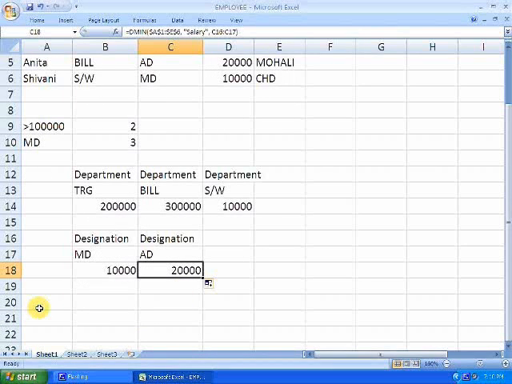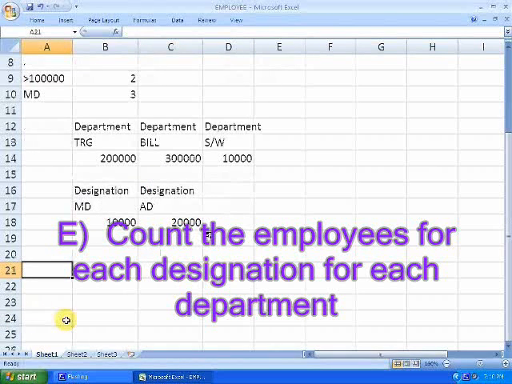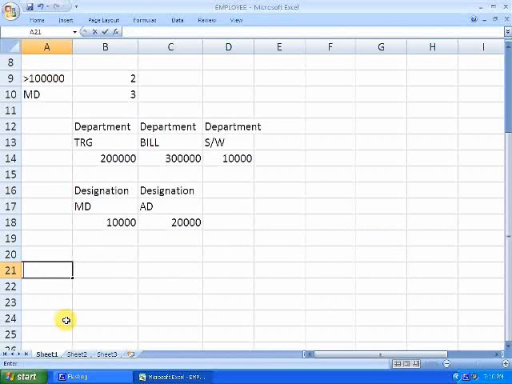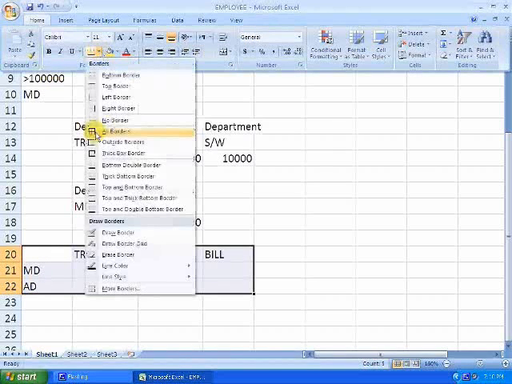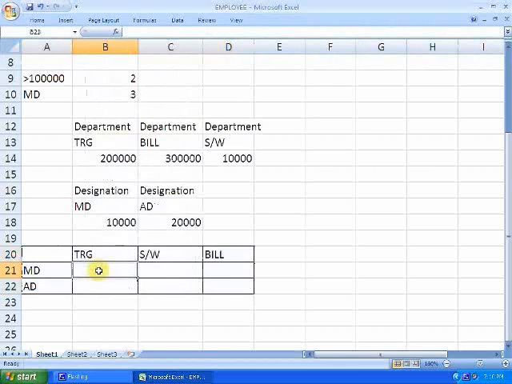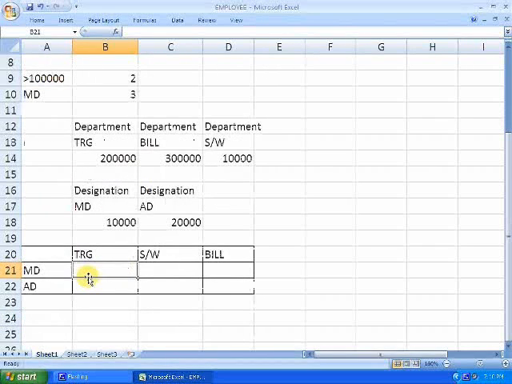Now let us go further. It says count the employees for each designation for each department. So there are 2 designations, MD and AD, and there are 3 departments, TRG, we are typing in columns, SW and bill. So here I will make a table. So go to home and let us make it a border column, all the borders. Now let me find out the number of employees, the number of MDs in the training department. So it is